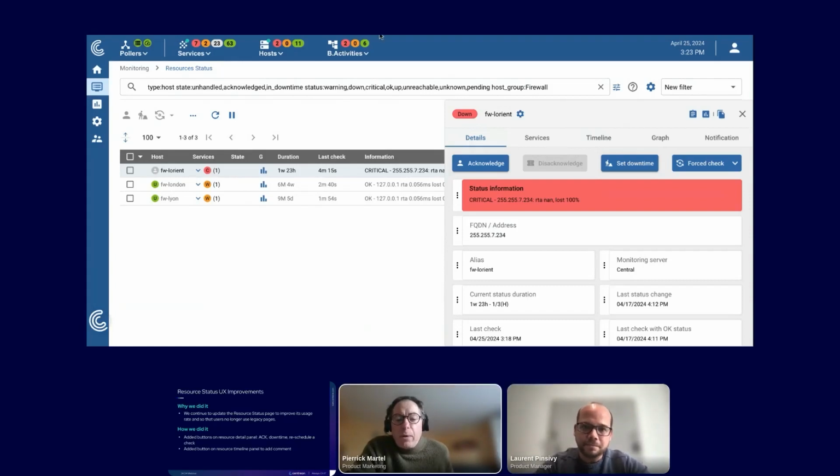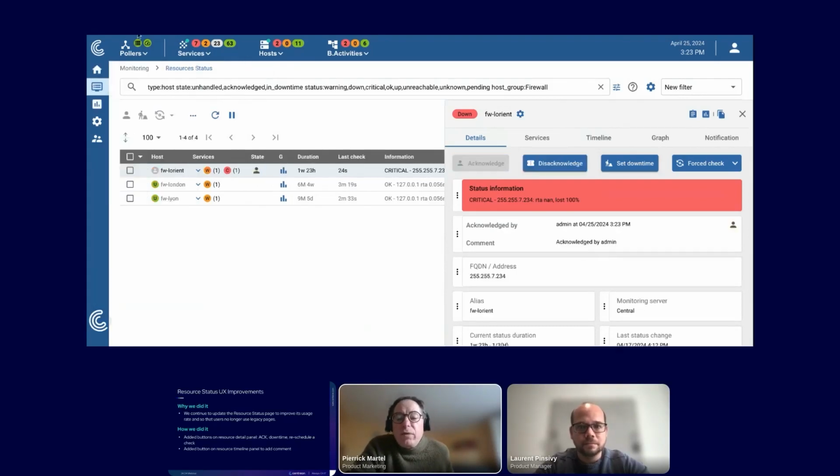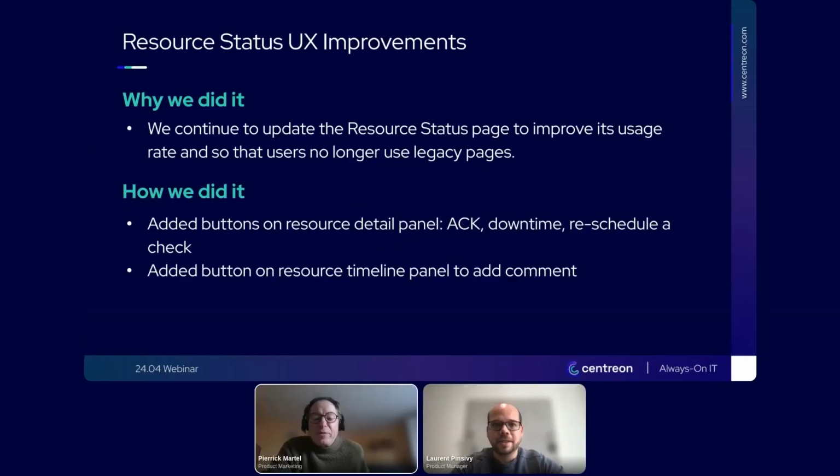Yes, so you have a direct link either from the widget or the resources, and we have added all these buttons to have direct actions or that possibility to have comments from a timeline. That's just about productivity and being efficient. That's a great improvement. Thank you, Laurent, for these improvements. Next topic